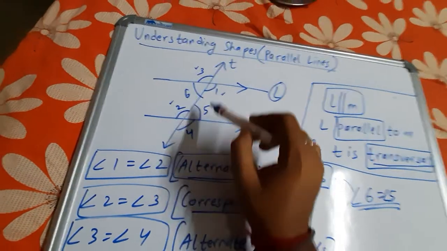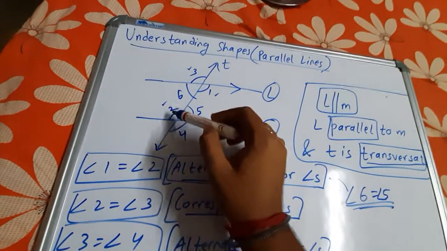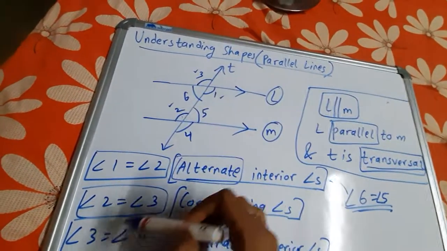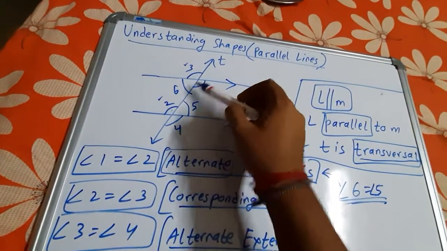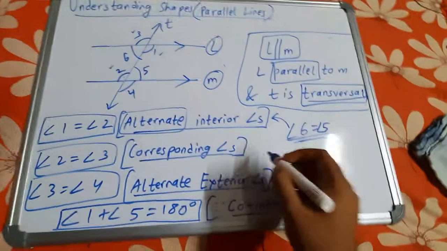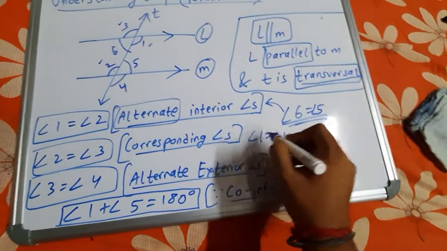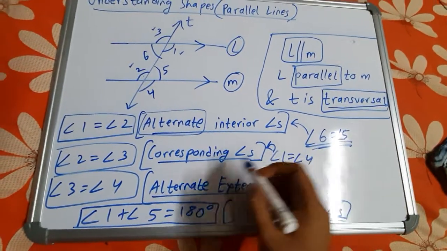This is ground floor, this is first floor. Okay, so ground floor will be equal to first floor. Over here you can also see 1, 2 and 3 are examples. Now 1 and 4 are also examples. Okay, so angle 1 will be equal to angle 4 by this theorem only, the corresponding angles.